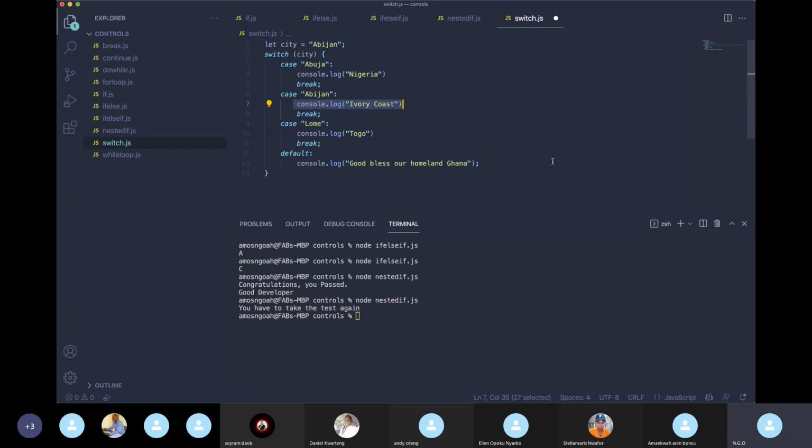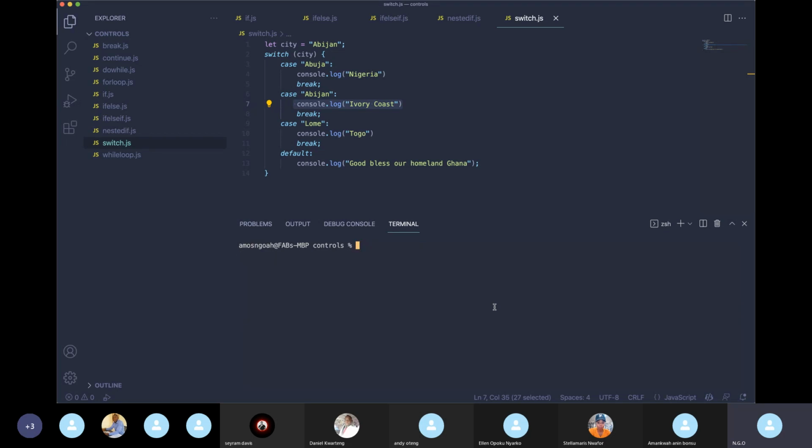Now let me do an example and run this code so that you understand what I mean. As you can see, because the city is Abidjan, it ran this particular block, and we have Ivory Coast on our console. Now, if I change it to anything,